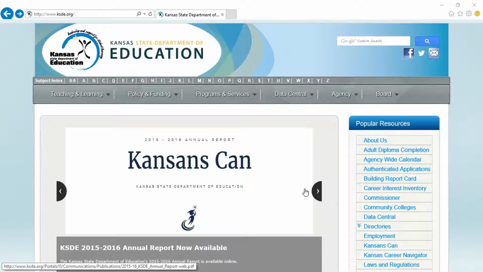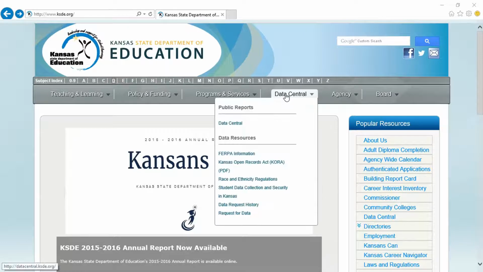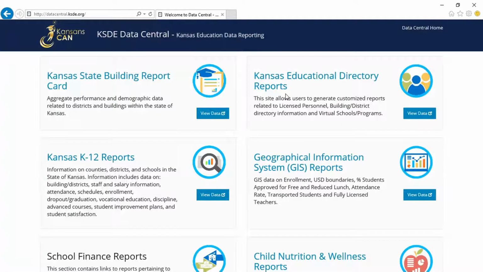So let me show you how to get to this website, starting out from the Department of Education's main homepage. All that you need to do is click on Data Central, and this will take you to the main page. Go ahead and bring that up. I would like to walk you through each one of the subgroups that you see here, starting with the Kansas State Building Report Card. By clicking on this link,